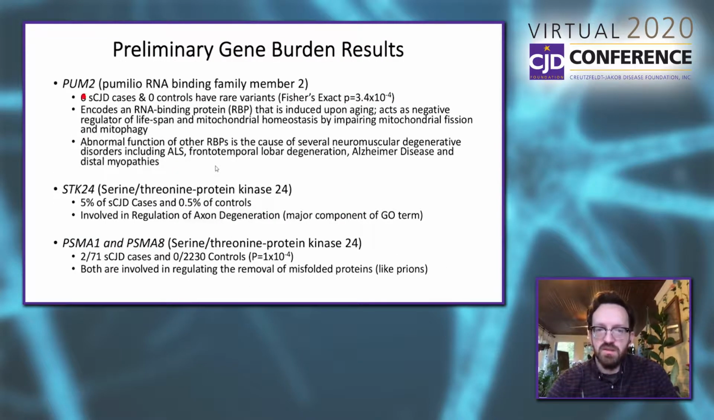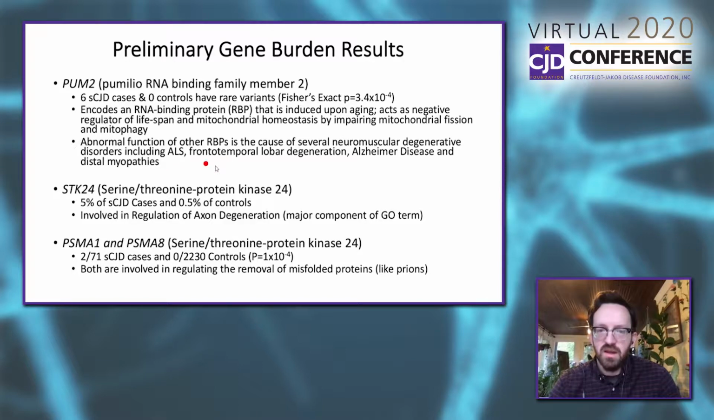So again, like the genes that we found, PUM2, for instance, was very interesting because rare variants occurred in 6 sporadic CJD cases and no controls out of 2,230 patients. And that was a very near, potentially causative, but we'll have to do a lot more work to understand that relationship. It encodes an RNA binding protein that has been shown to be a negative regulator of lifespan and mitochondrial